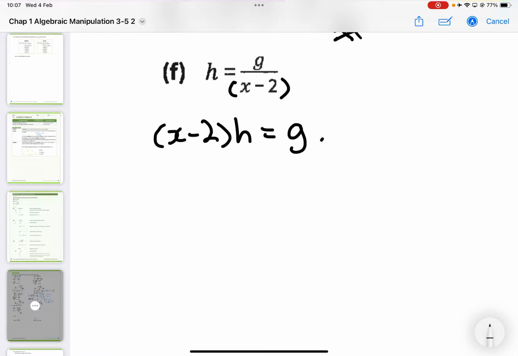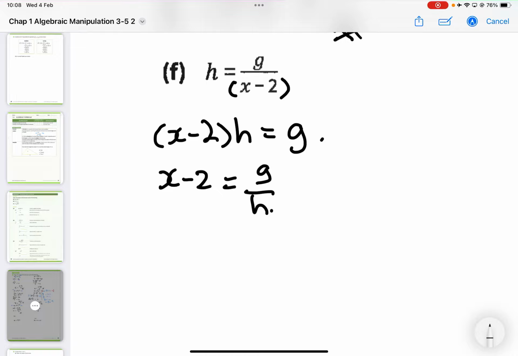Then finally, I want x. So I don't want there to be a bracket. One way to get rid of the bracket, I can multiply h. Do expansion. Another way is I divide both sides by h. Then, with the h gone, I no longer have a bracket already. Don't have any multiplication already. Then,